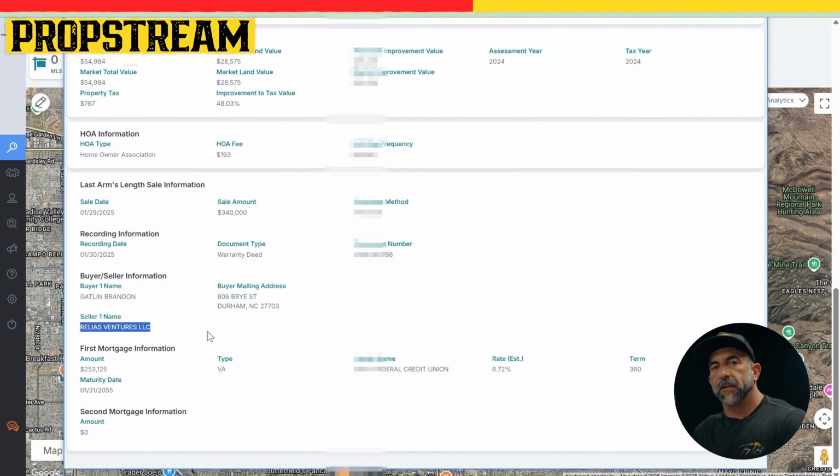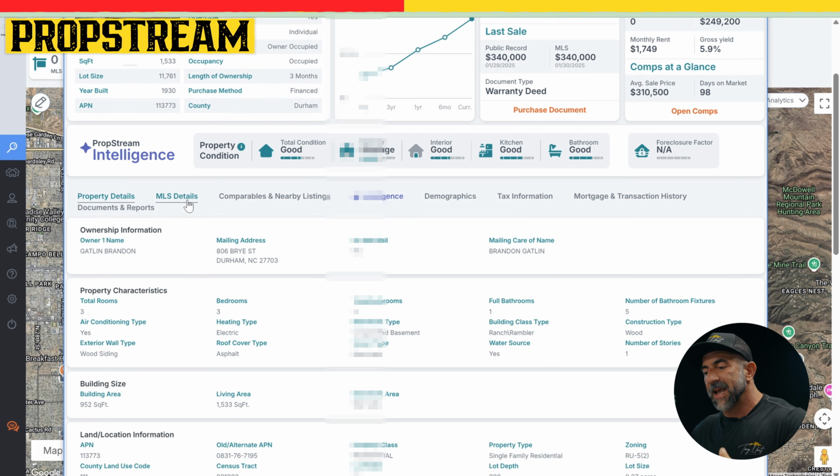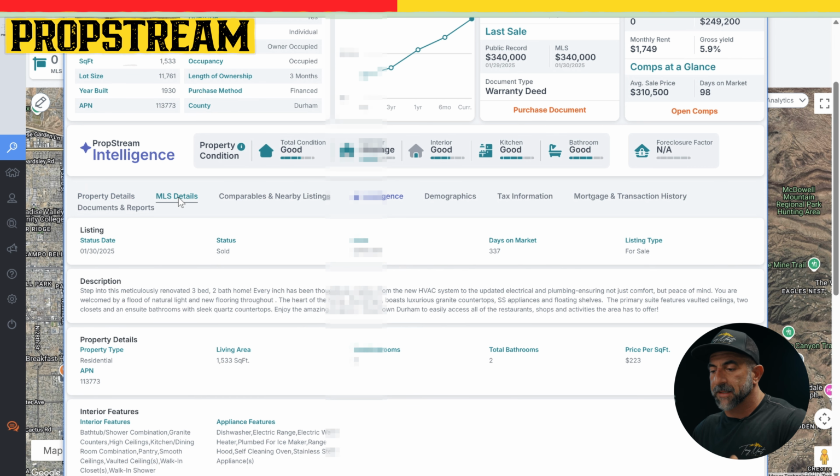So here's the LLC that actually flipped the property. Again, you're gonna have to go into another platform to find this flipper's information, but this is an easy way to at least find out the name of that flipper or the LLC. You're gonna have to skip trace it somewhere else or do it manually, but it does tell us their information, which is great. Another thing that it does is if you click on MLS details, which is the next tab